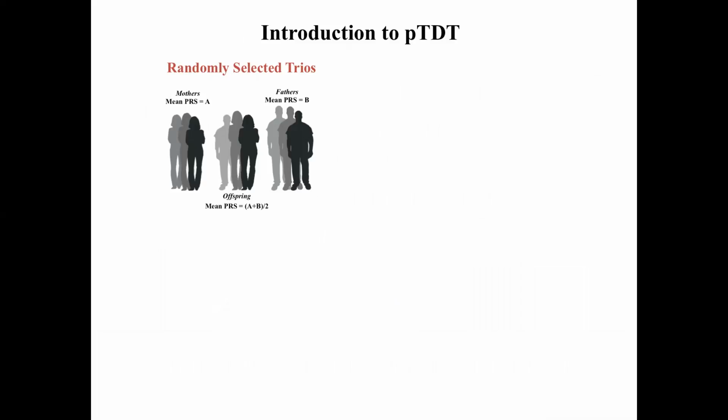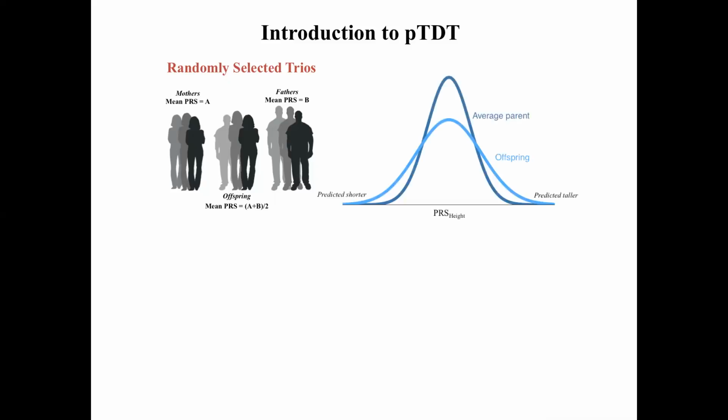On average, offspring would be the sex standardized mean of their parents' height. And in polygenic risk score space, the mean polygenic risk score of the offspring would just be the average contribution from the parents. And if we plotted the distribution of the polygenic risk scores of the offspring and the parents,